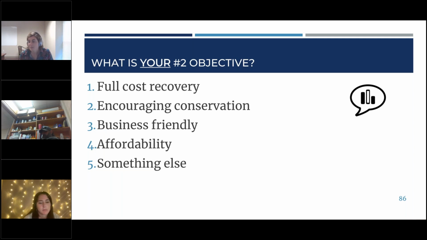All right, so much more even split this time, which makes sense, right? If you've accomplished your first objective, you're more likely to have a distribution of objectives for the second one. So again, these are objectives that we've seen as important. No one picks something else, but if there was something else that you wanted to share, we're always interested in some of the other objectives that utilities are facing, just so that we can make sure that the information we're portraying reflects the reality for folks that are working at utilities. Okay, so we'll just keep rolling here.